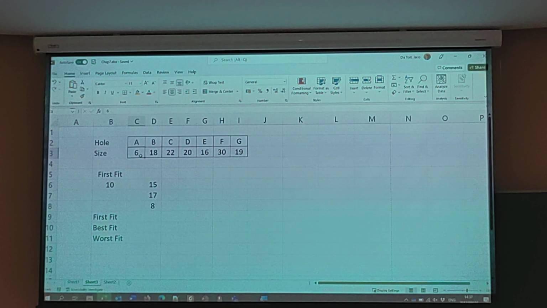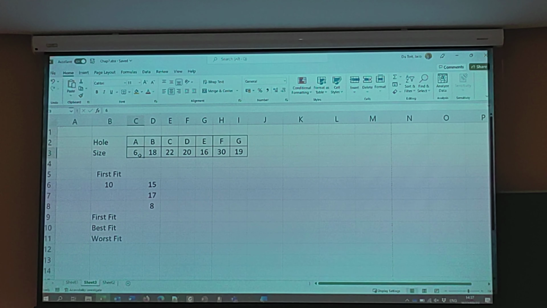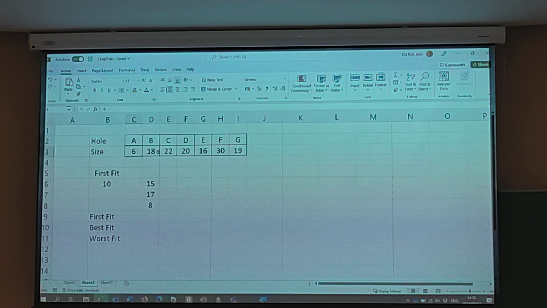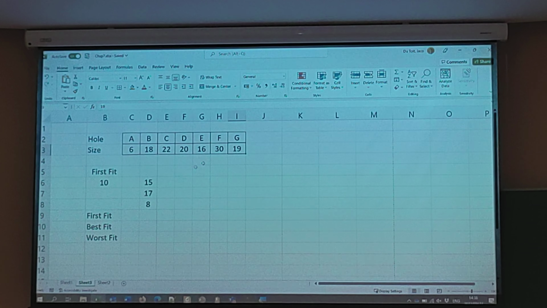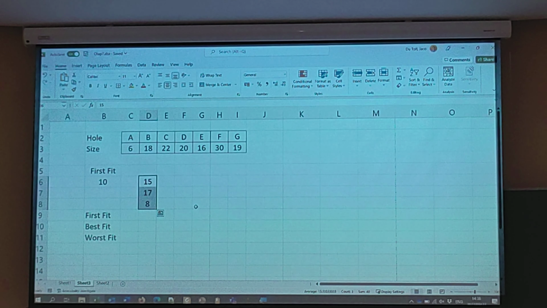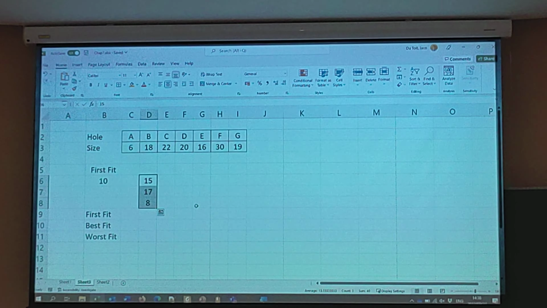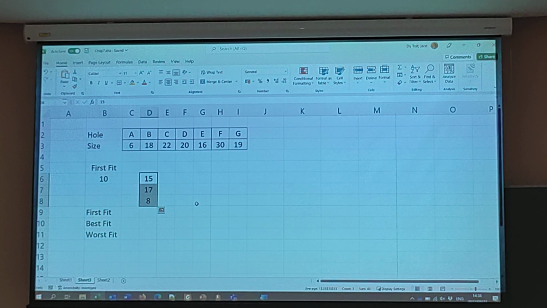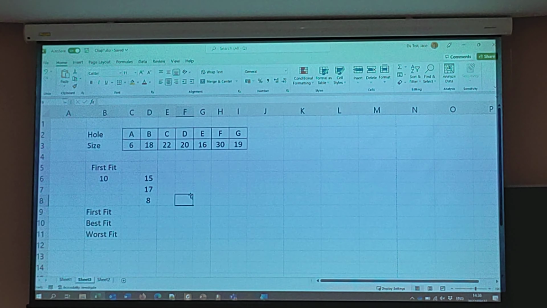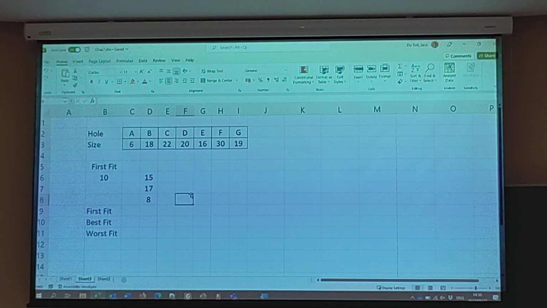Now, first let's just worry about the algorithms. So here we've got a bunch of nodes with different hole sizes. And here we have the requests. The top is the first request, the middle is the second request, and the bottom is the last request: 15, 17, and 18. Let's figure out which hole